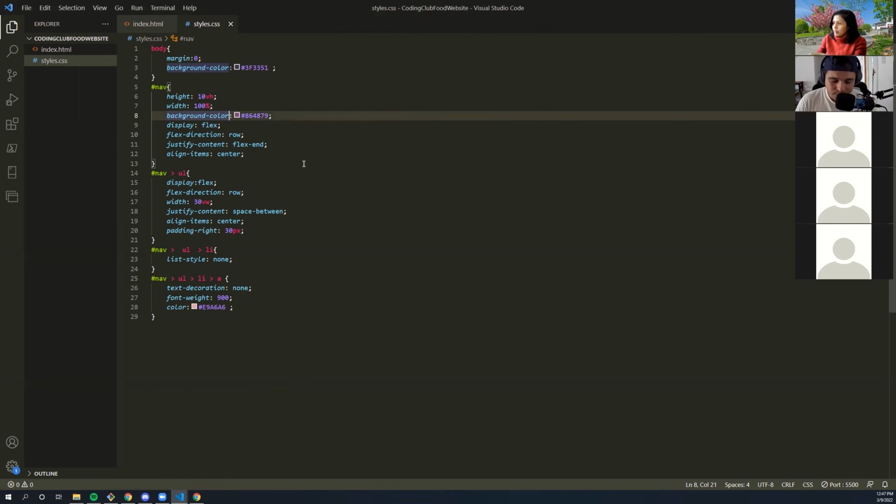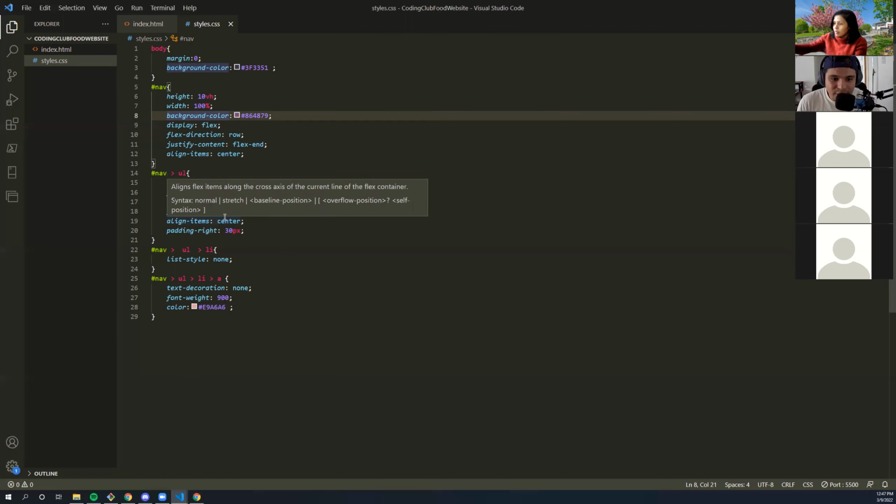All right, so within that nav div, we have a UL, which has a bunch of list items, which are links. We have a display flex, a flex direction of row, a width of 30 view widths, which gives it space from each other. Then we did justify content space between, which spaces the content of the container evenly between each other.